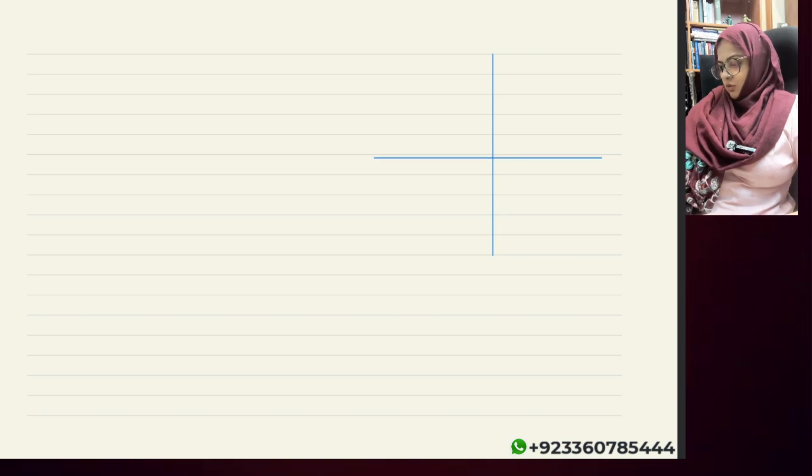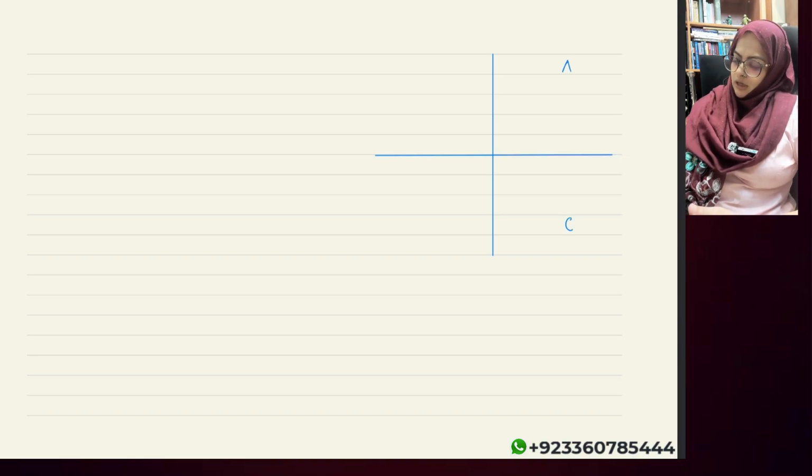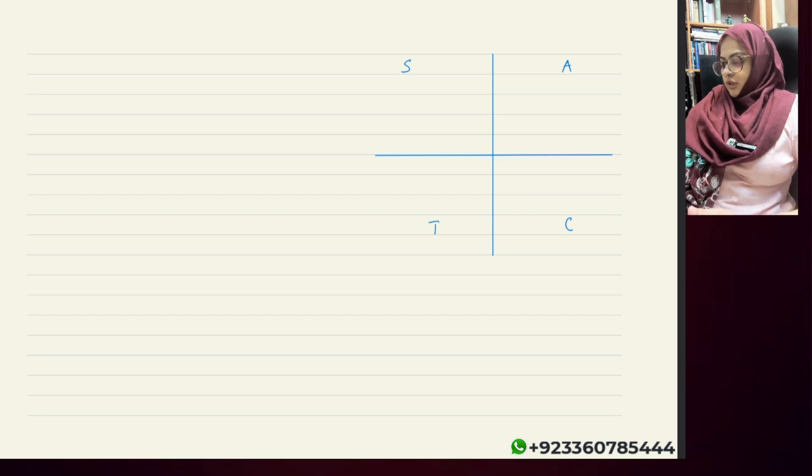Today's topic is base angles or basic angles, and that's a topic for trigonometry. We need to see the quadrants, first, second, third, fourth, and we will see which trigonometric identity is positive in which quadrant. So we start with the fourth quadrant and we write CAST. So in the fourth quadrant, cos is positive, first quadrant all positive, second quadrant sine positive, and third